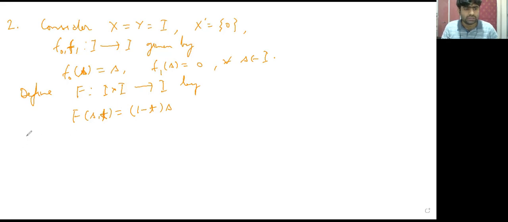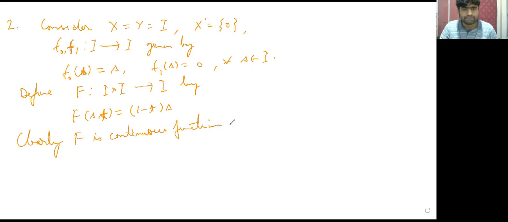So clearly this F is a continuous function,